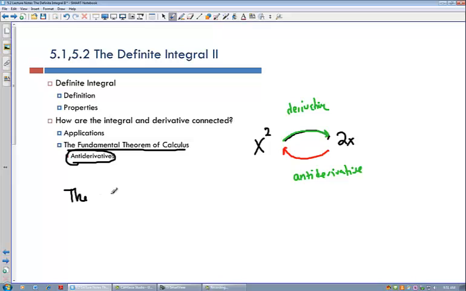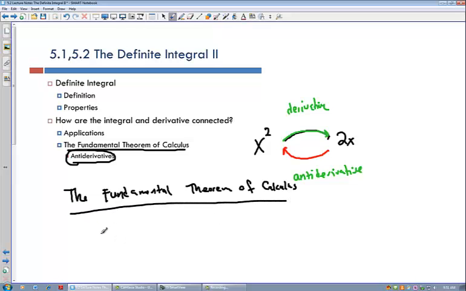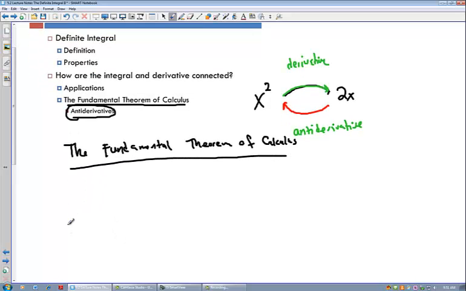So the fundamental theorem of calculus, what does it say? It says that the definite integral from a to b of f of x dx